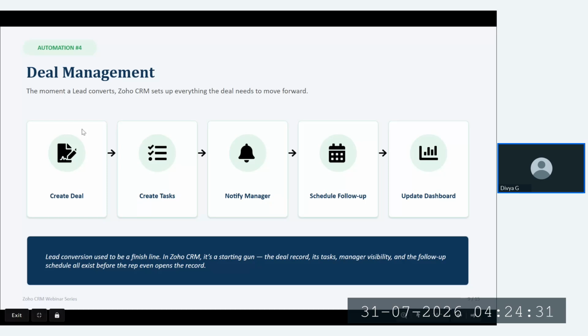And the next is, once a deal is created, automatically a task will be created and notified, and certain tasks can also be scheduled, and this will automatically update the dashboard. In a few minutes, I will show you the dashboard.